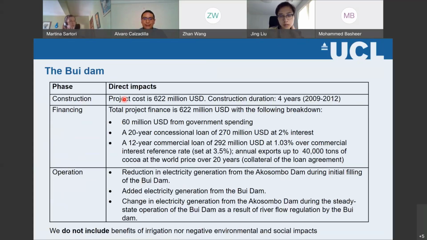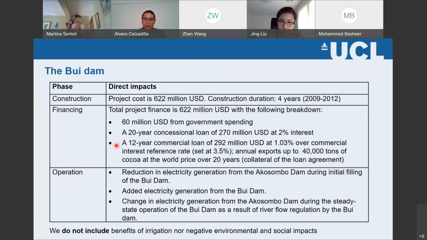And of course, this has been financed in some particular way, and they use 3 methods of finance. So the first one is a $60 million US from government spending. Then they have 2 loans. One, a 20-year concessional loan of $270 million US at a 2% interest rate. The interest rate is lower than the commercial loan because it is a concessional loan. And also we have a 12-year commercial loan of $292 million US at 1.03% over commercial interest rate, which is